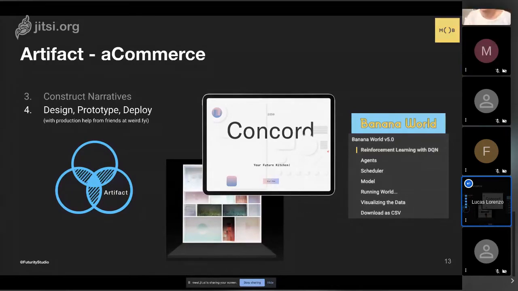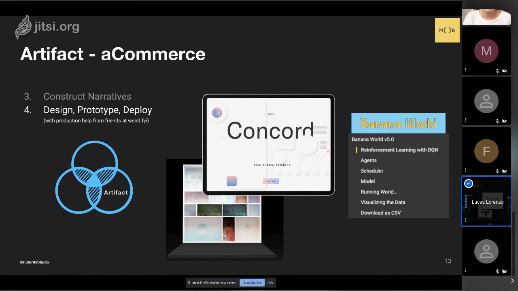People can sit down, understand how supply chain works, understand how AI can be used to optimize different aspects of supply chains, and then understand how this AI can be used as a means to create an experience that the consumer can be educated about the actions that they have and the demands that they put on ecological and economic systems. The second project that we came up with was